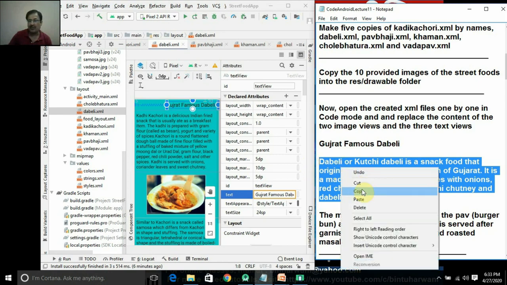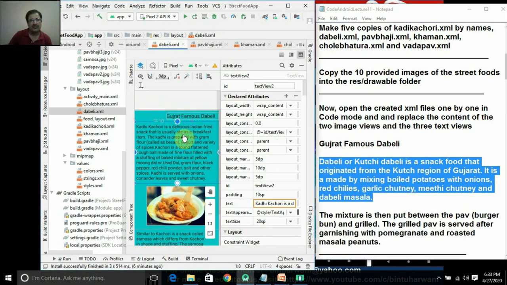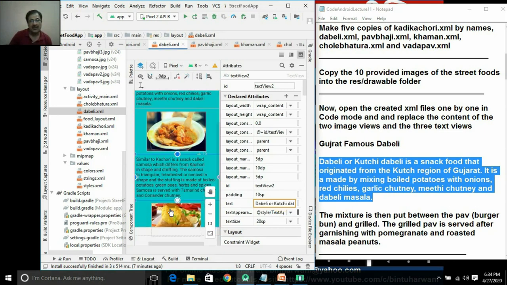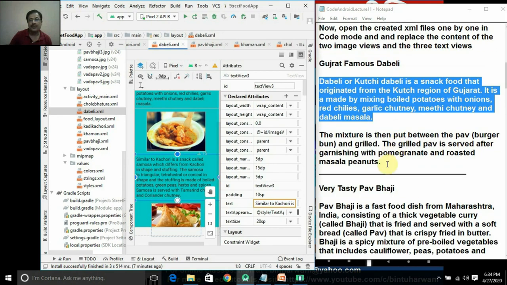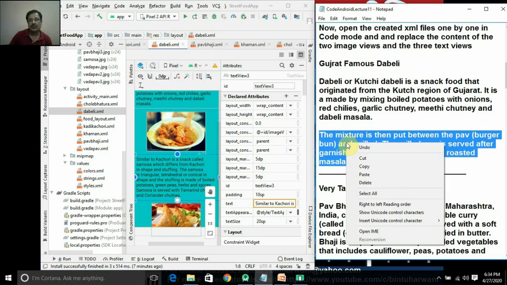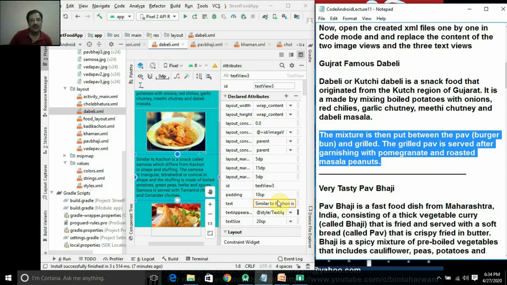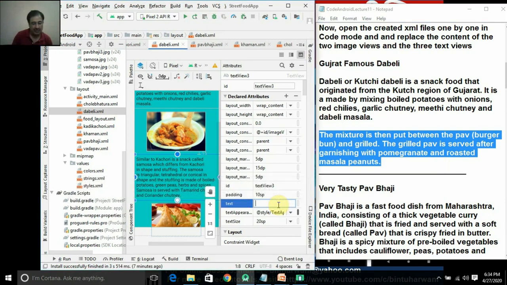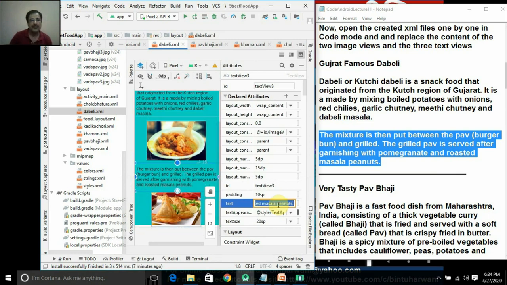Right click it, copy it, click this text view. In this text property, press delete key and press Ctrl plus V to paste this content. The content is changed. Then you click here, select this, right click, copy. This text you have to delete. Select text property, press delete key and press Ctrl V to paste the new content.